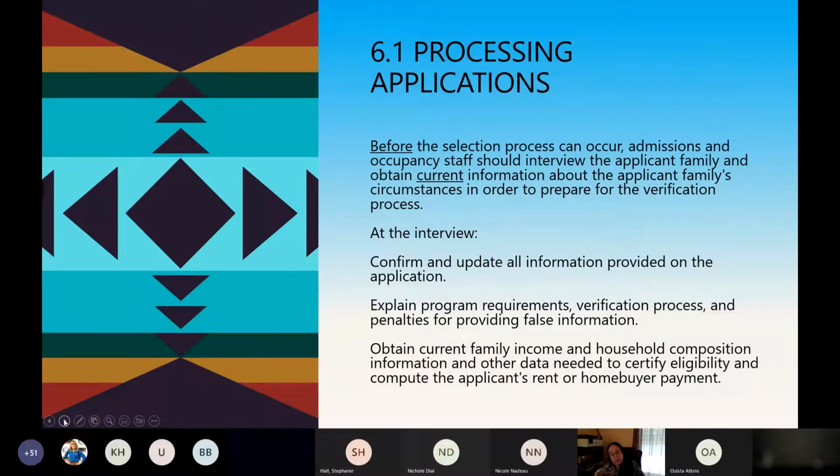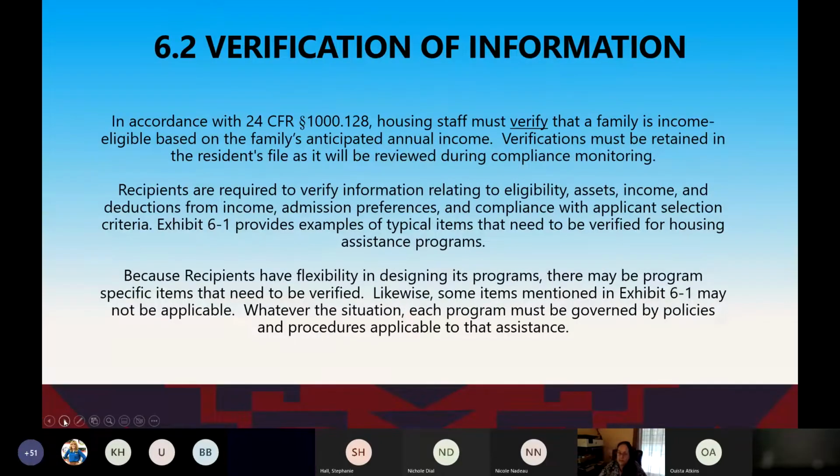At your interview, you need to confirm and update all the information provided on that application. Explain your requirements, your verification process, your penalties for providing false information. Obtain current family income, household composition information, and the other data needed to certify eligibility and compute the applicant's rent or homebuyer payment. In accordance with 1128, your staff have to verify that that family is income eligible based on that family's anticipated income. Those verifications must be retained in that residence file, as it's going to be reviewed during